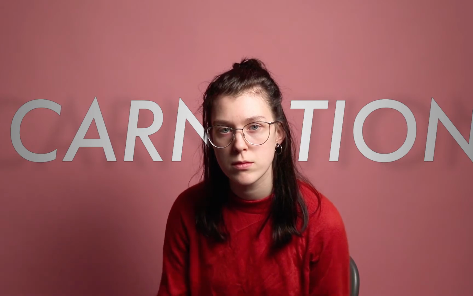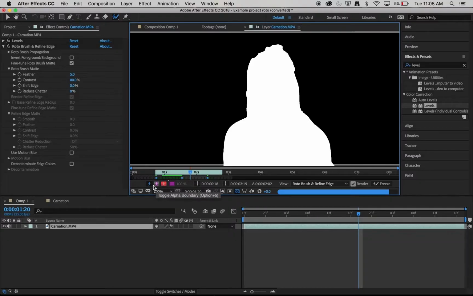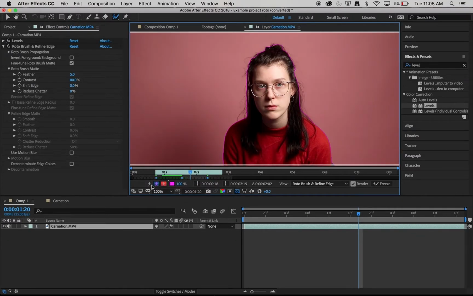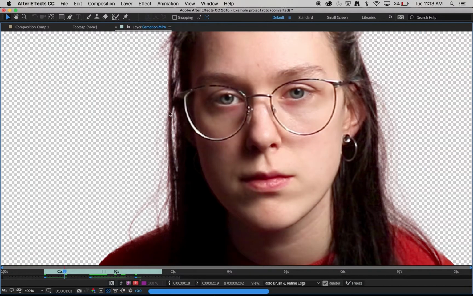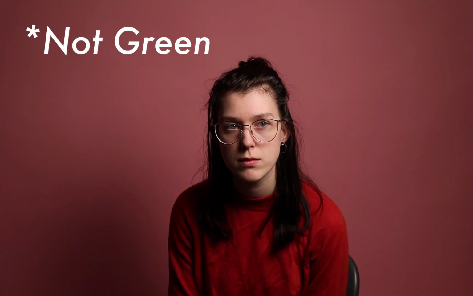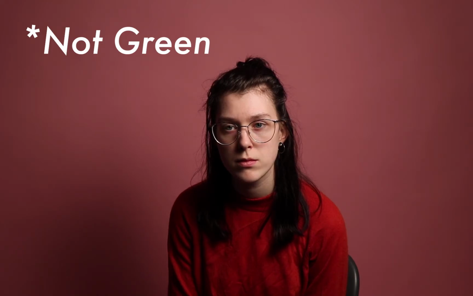In this video, we're going to look at the Roto Brush tool. Now, rotoscoping in After Effects is a really common process that allows us to separate an object from its background. Quite commonly, this might be like a person or a car or something moving, something of an irregular shape. We use this process when we don't have a green screen to help us pull a key to separate the